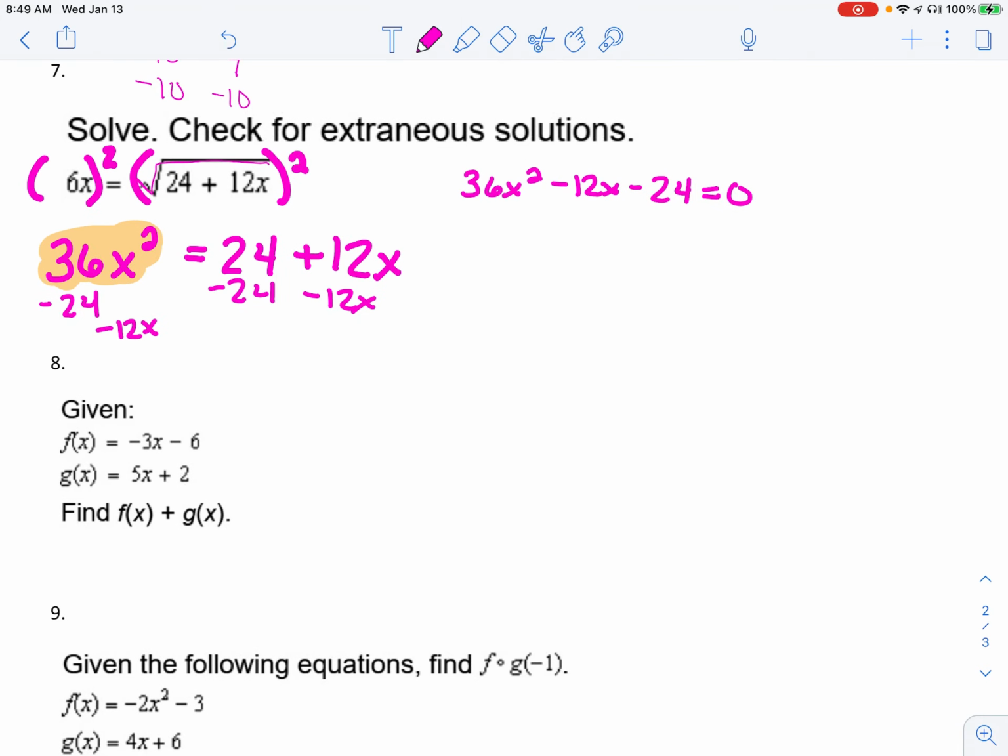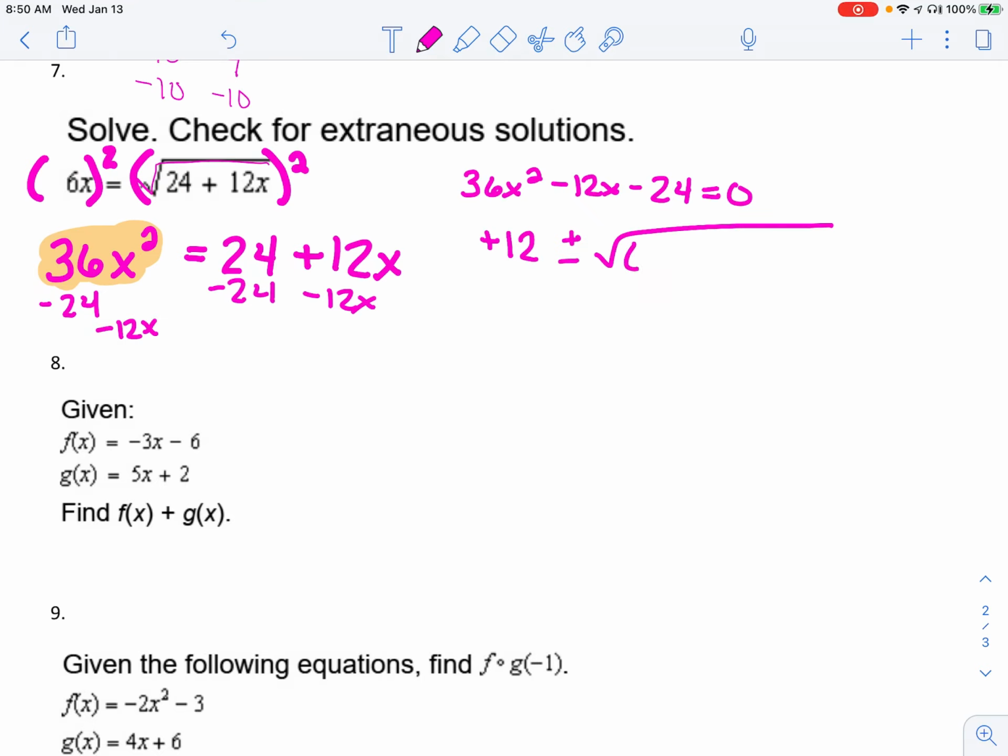If any of you see it, you're more than welcome to divide everything by 12. If you don't see that, that's okay. The quadratic formula is incredibly forgiving. So I'm just going to do the quadratic formula because I'm going to guess about 70% of students are not going to see that you can divide everything by 12 to make it easier. So I'm just going to do negative b, which is positive 12,